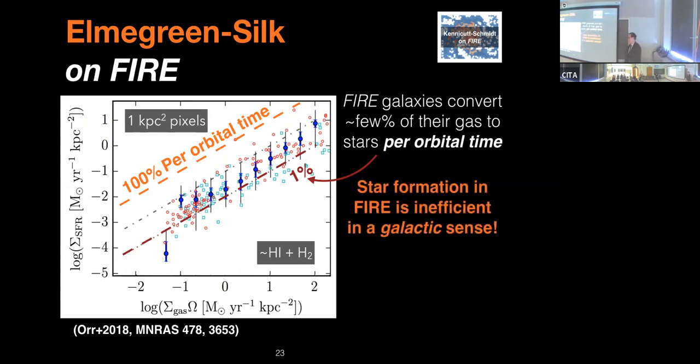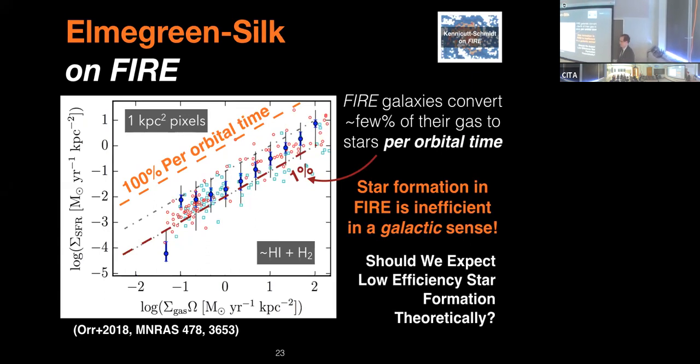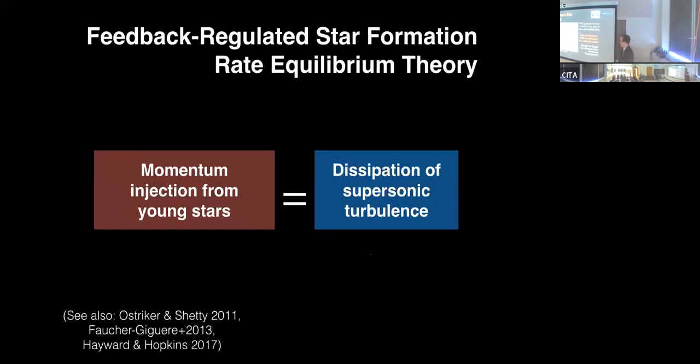So again, in a galactic sense, these simulations are inefficient. So the real question is sort of how do we get here, and why might we expect this either theoretically or otherwise in any case? And so if we were to come up with some hand-wavy definition of an equilibrium model for this,